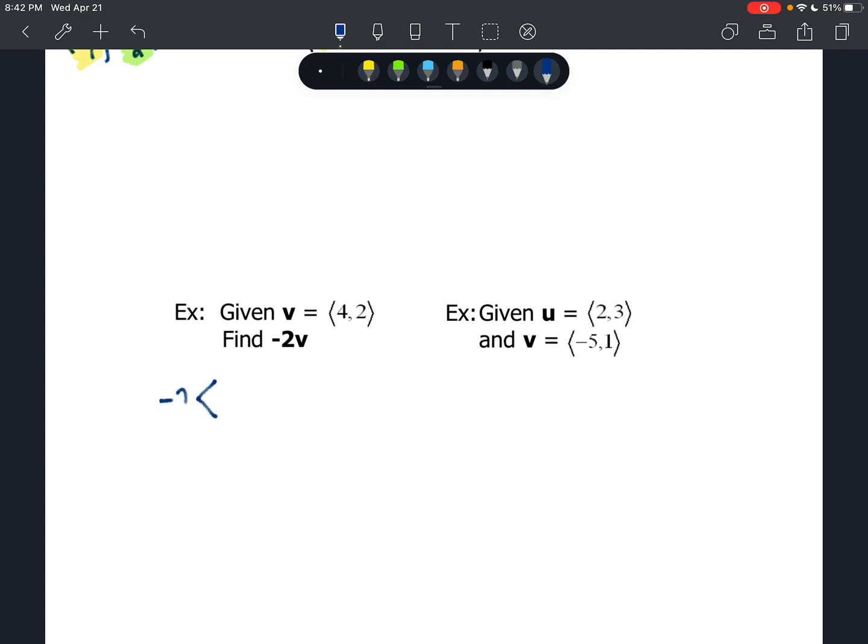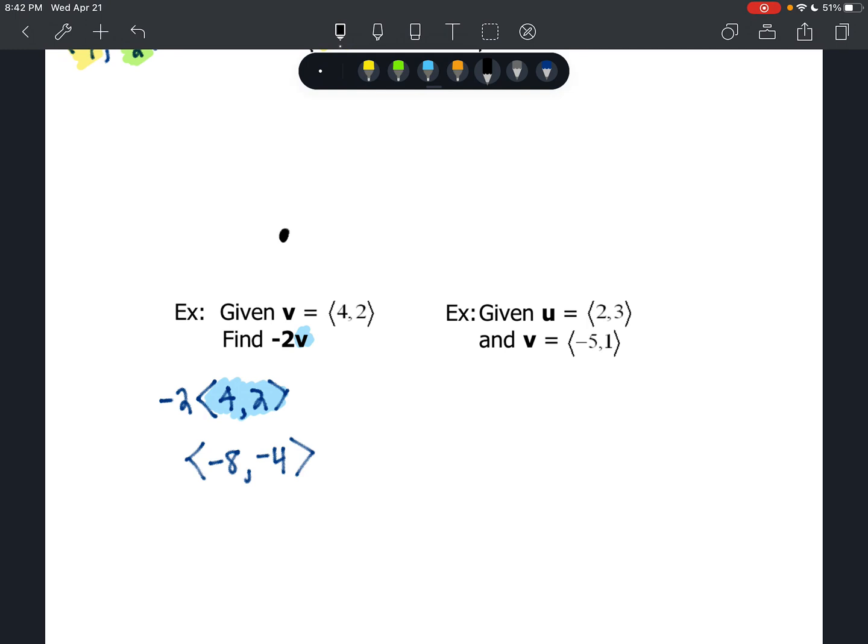So I'm going to have negative 2 times the vector V. So I'm going to substitute in, look at this. In place of V, I'm substituting in 4, 2. And now I'm going to distribute that scalar, and I get negative 8, negative 4. So what this means, negative 8, negative 4, if we wanted to maybe draw a picture or a sketch, wherever